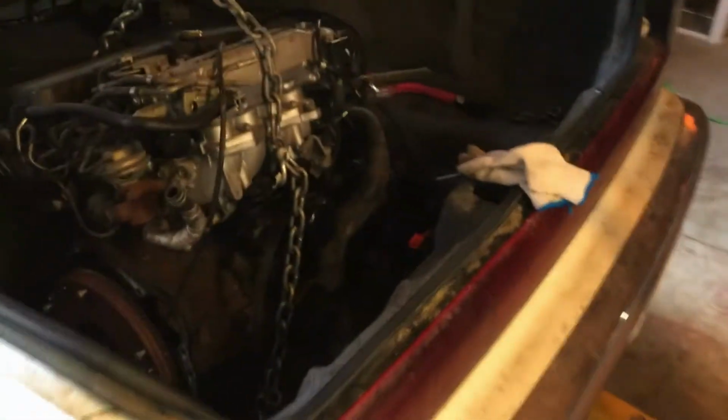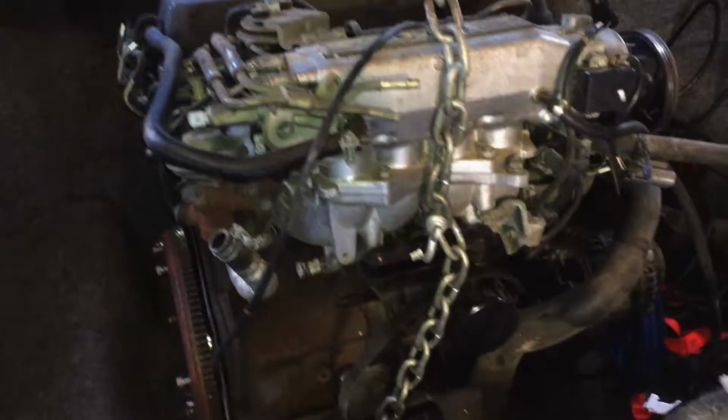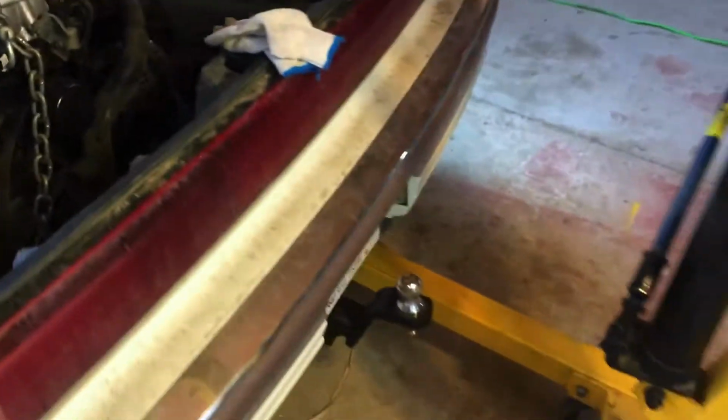Just unloading the 240 SX, the spare engine for it. This is like 2 weeks later and then just getting to it now. But I just figured I'd do a little update. This is the back of my shop where you've never seen before. I've got an old RV in here just for storage space inside it,